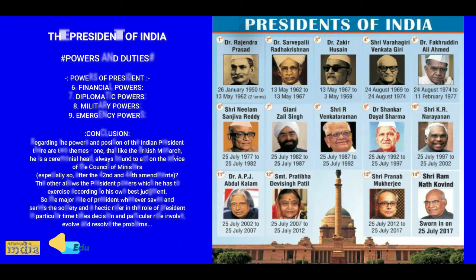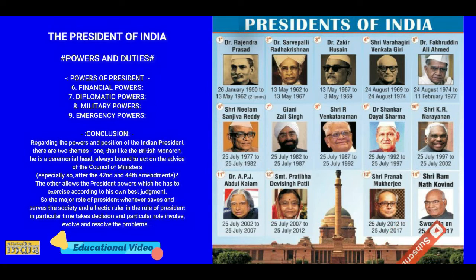Number 5. Appointment powers. The President appoints, as Prime Minister, the person most likely to command the support of the majority in the Lok Sabha. The President then appoints the other members of the Council of Ministers, distributing portfolios to them on the advice of the Prime Minister. The Council of Ministers remains in power at the pleasure of the President.